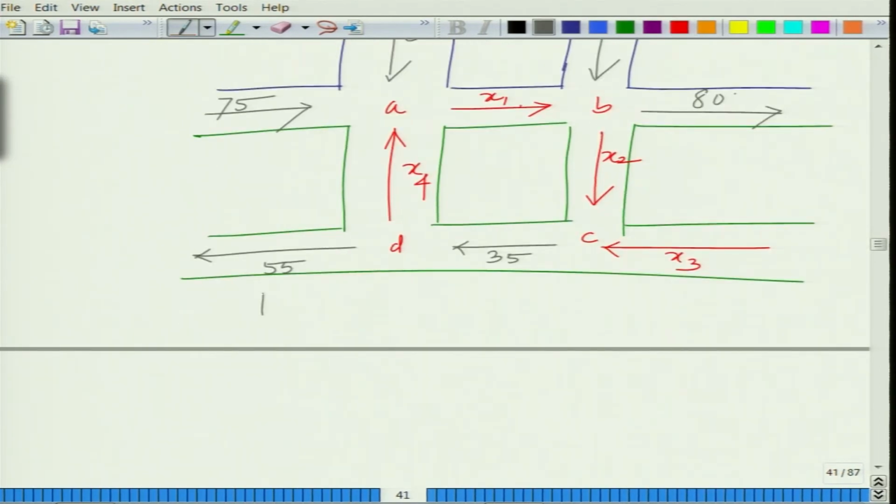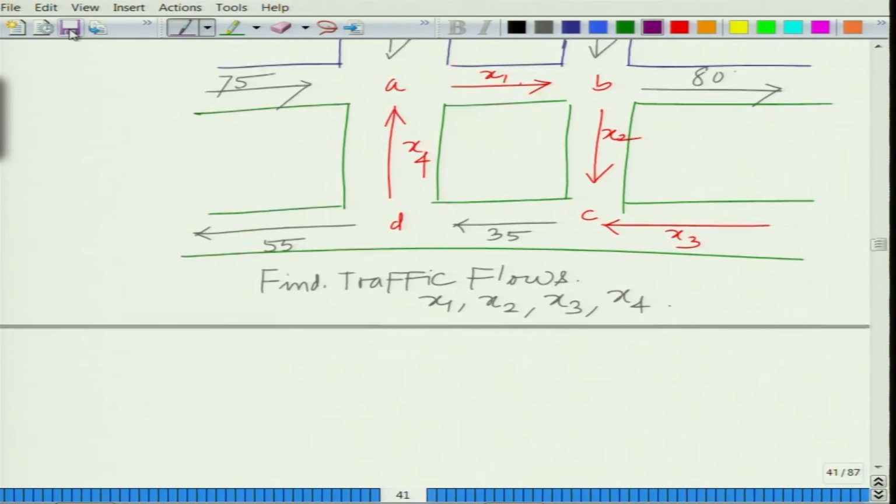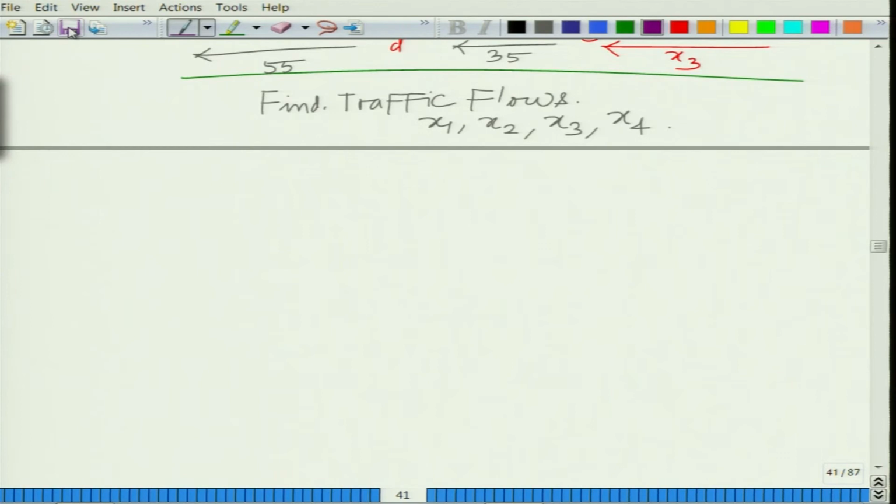So, we need to find the unknown traffic flows x1, x2, x3, x4, and once again we can use the same principle similar to